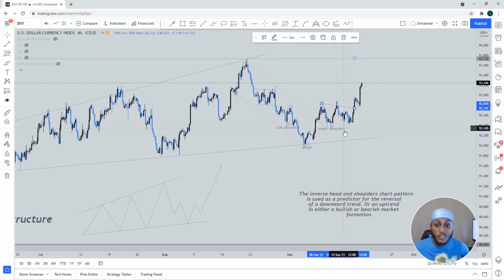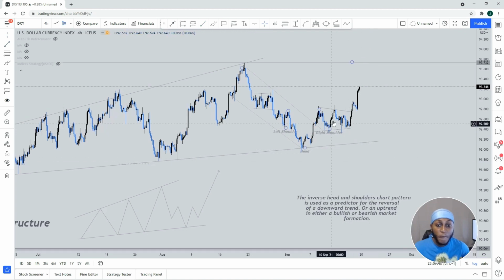This is why it's good for you guys to understand these, to understand market structure and the chart pattern. Price gave us something like a continuation pattern here, and price actually broke towards the upside, so we got that break, retest, and look at that push towards the upside. There's a possibility we're going to see price back into 93.73, which is our next level of